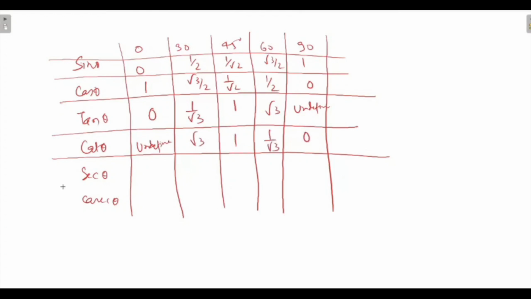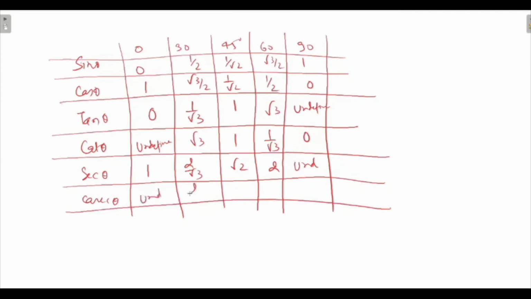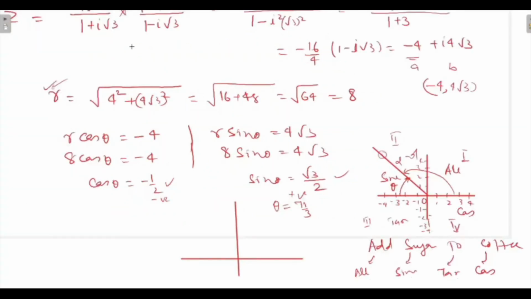Now, sec theta is just the reciprocal of cos. This is going to be 1, 2 by root 3, root 2, 2, and then undefined. Then cosec theta is undefined, then 2, root 2, 2 by root 3, 1. Okay, all right. So anyway, coming back to this,